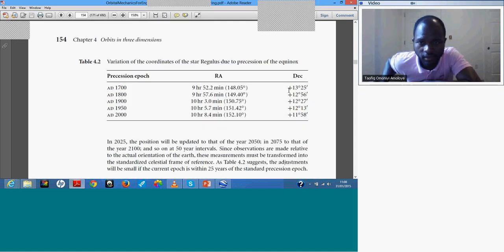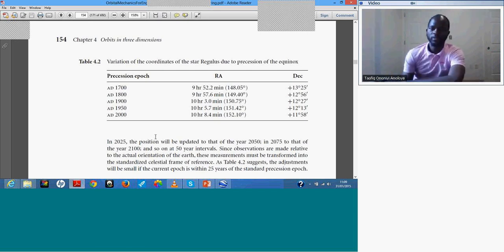It varies quite from about 13 degrees to about 11 days, so it's actually moving over a space of about 100 years. In 2025, the position will be updated to that of the year 2050. So it's in a way that we are able to calculate